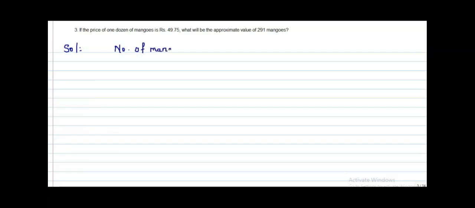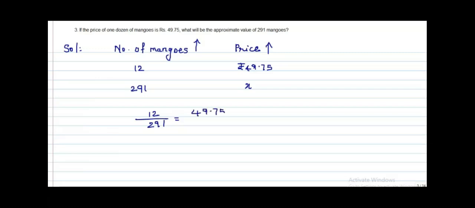Number of mangoes is one quantity and the other one is going to be price of the mangoes. So, 1 dozen is nothing but 12. 12 mangoes cost 49 rupees 75 paise. Then what will be the approximate cost of 291 mangoes is the question. As the number of mangoes increases, it's obvious that the price also increases. It's a direct variation. So 12 by 291 is equal to 49.75 divided by x,